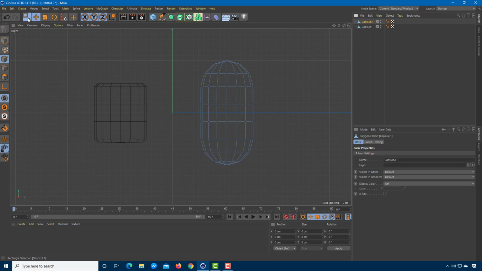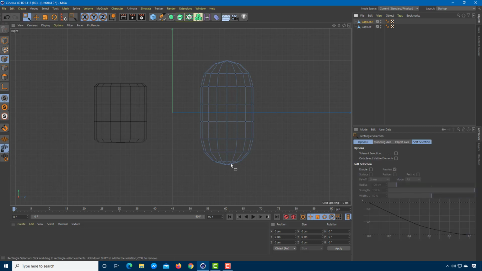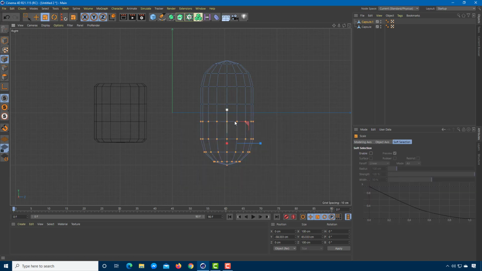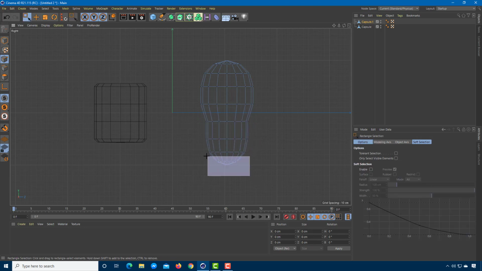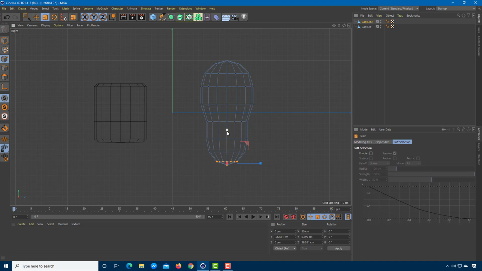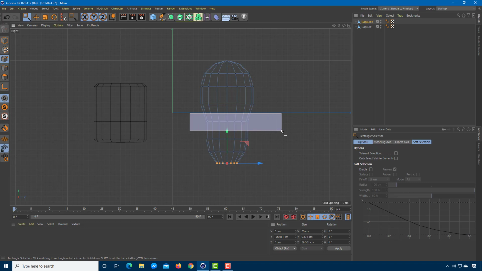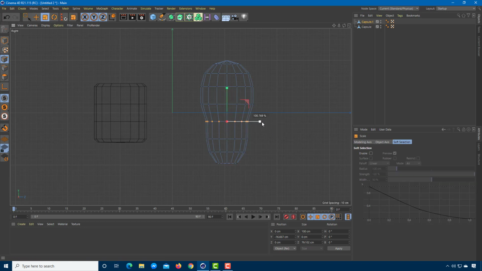So now I'm just going to select this out right here. I'm going to turn this into a cup. In order to do that, I'm going to select this out right over here and maybe resize this out a bit. I'm going to make it look more like a cup, and the bottom side is going to be flat. So I'm just going to select this out, and I'm going to turn it into a flat object just like this. I'm just going to select out the bottom, the center part right here, and expand this in shape.